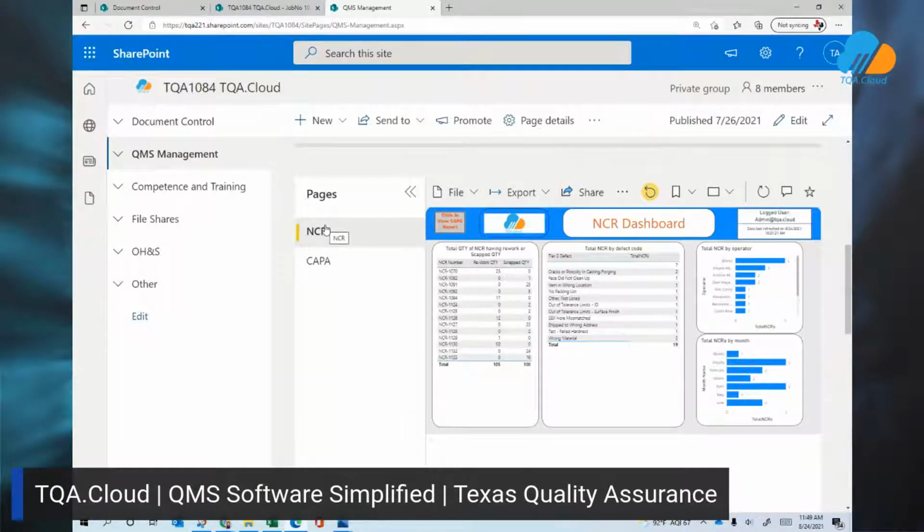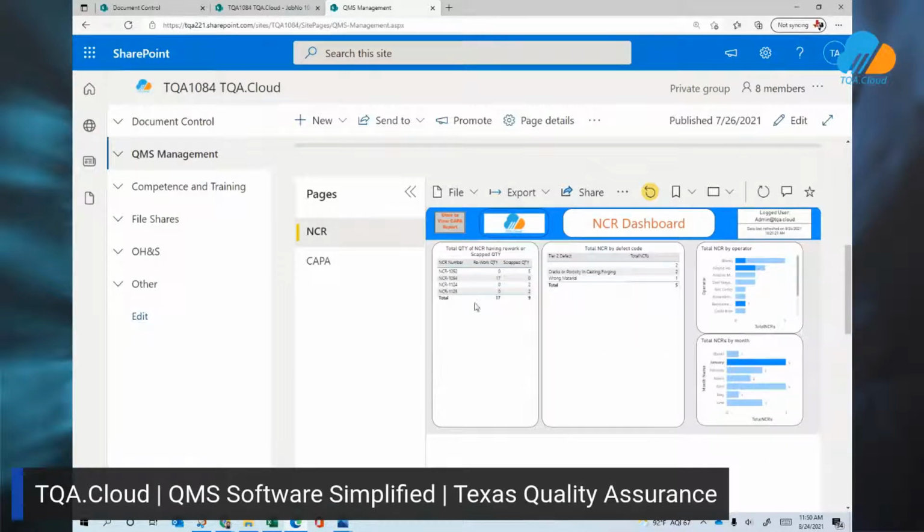So we can take a look at either our non-conformance report or our corrective action report. We can identify the month that we're wanting to look at. So let's see what happened in January for non-conformance reports. We can see in January that we had a total of 17 components reworked across 5 non-conformance reports. And we had a total of 9 scrapped, again, across the 5 non-conformance reports. These were clustered into 2 tier 2 defect codes, so we know that the majority came from cracks or porosity. And again, we can get all of that information that we need to help sort and filter. Really great input for the management review as well.